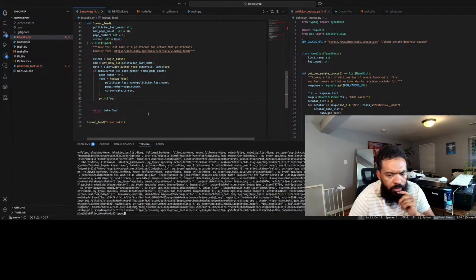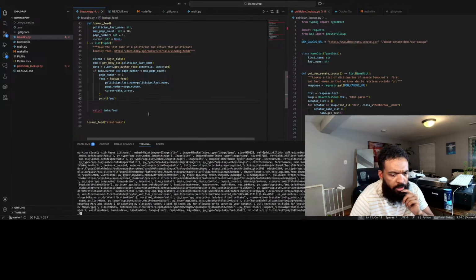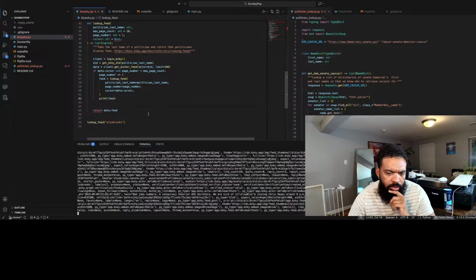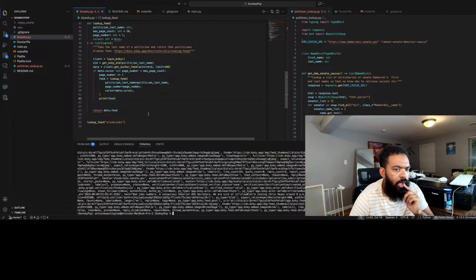Okay, recursion is indeed happening. I'm getting all of these results. Got it. Okay, that's good.